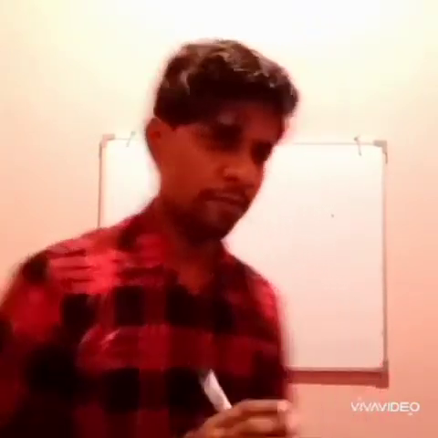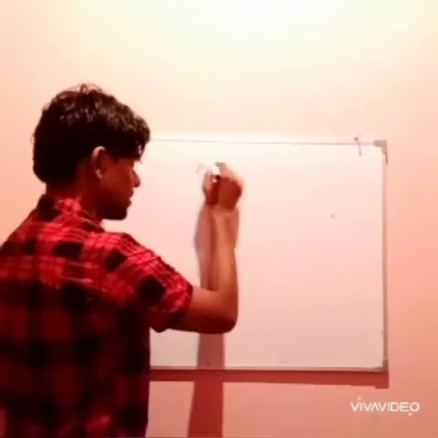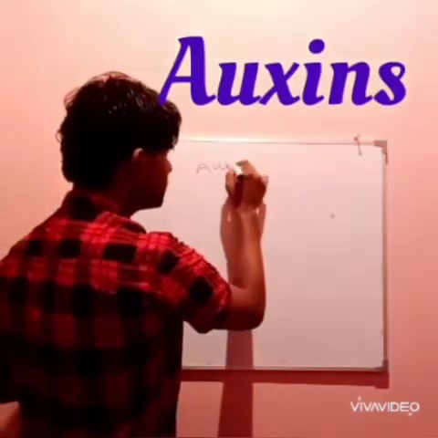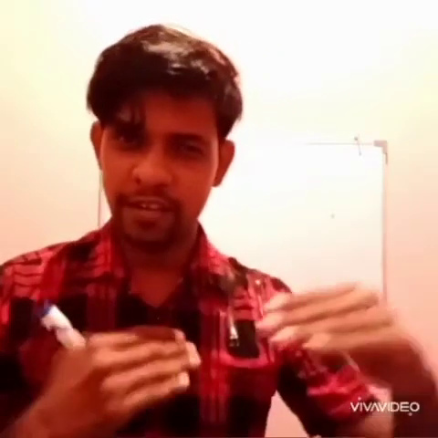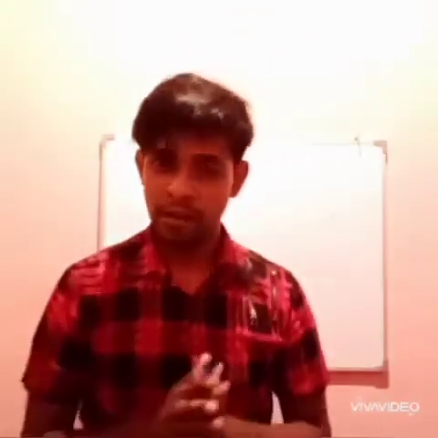Out of those three substances, I'm just going to have a very good look at auxins in the first place. What is the function of auxin? The main function of auxin is to increase the growth of plant cells. That means elongating plant cells and regulating the rate of growth. So the controlling of the length of the plant is mainly done by auxins.